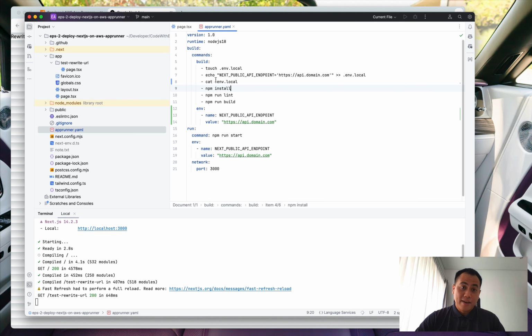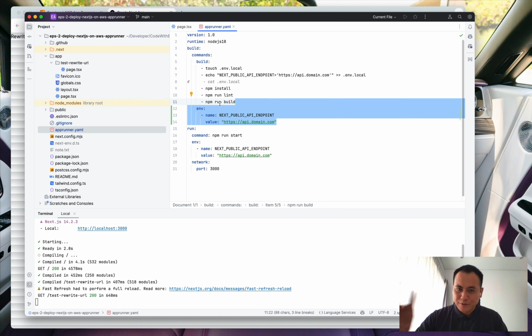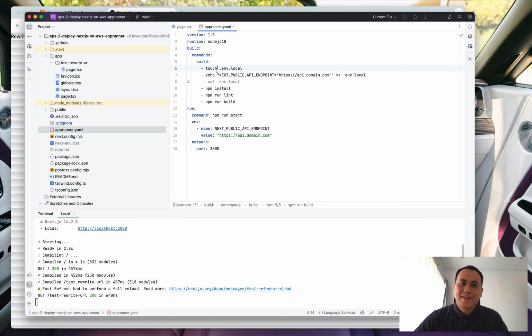This is for debugging only: I will cat env.local to see if it wrote the file correctly or not. Then when it runs the build, it will read the env that I mentioned in NEXT_PUBLIC_API. Because the env didn't work, I needed to go another way and create a physical file in here. Okay, that's it.